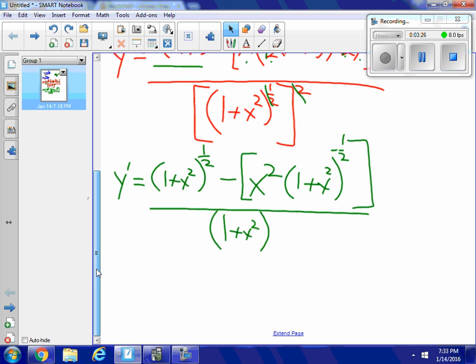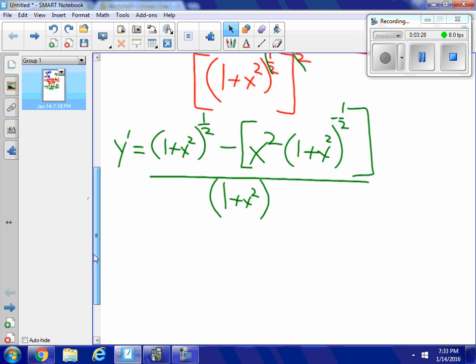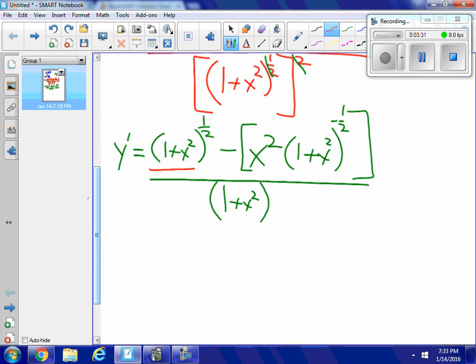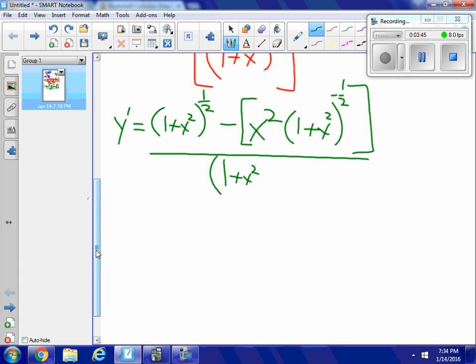So in my numerator, I have a binomial, because I have one term here and another term there, and they're just connected by this minus sign. And I can see that I have a common term in there. It's a little bit hard to see, but I'm going to try and factor out a (1 plus x squared) to the negative 1/2. So I'm going to go y prime is equal to (1 plus x squared) to the negative 1/2 times, well,